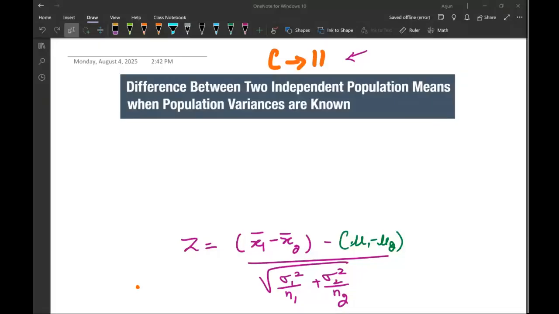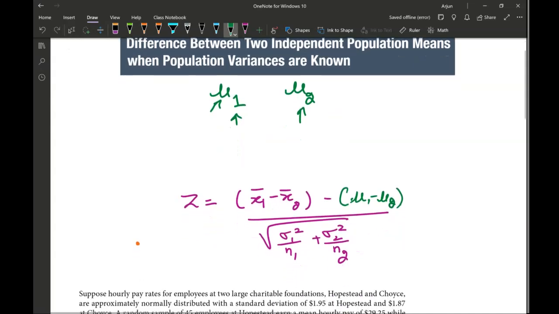Welcome back, folks. In today's class, we'll be talking about chapter number 11, and in this chapter, we will be comparing two different populations. So, a mean of the two different populations. If the mean of population one is given to you, and the mean of another population is given to you, and we wanted to compare whether the mean of population one is bigger than the mean of population two, or vice versa. That's what we're going to do in today's class,